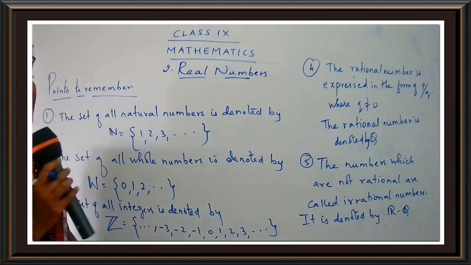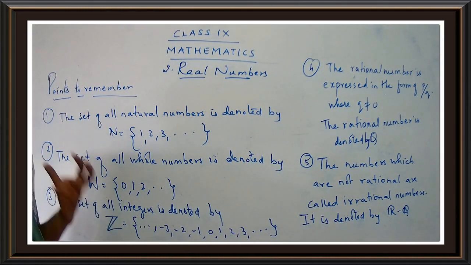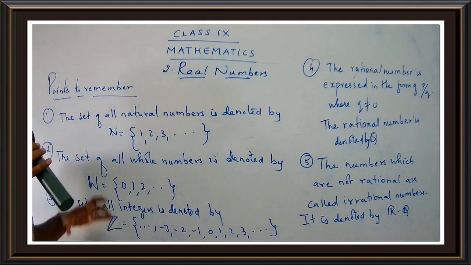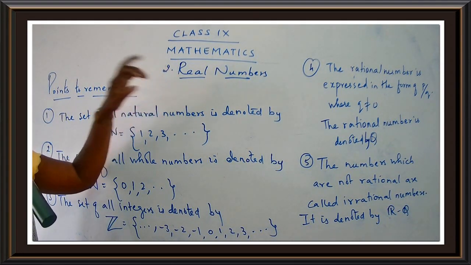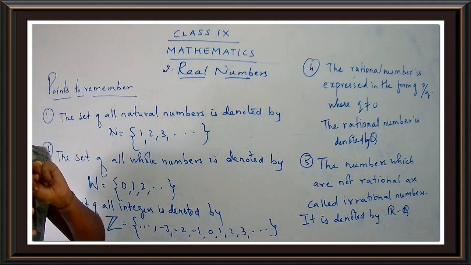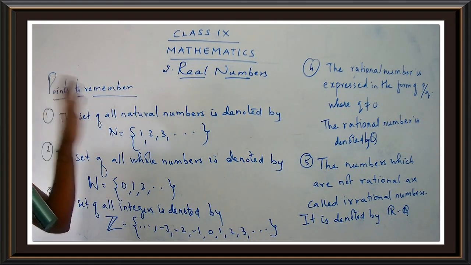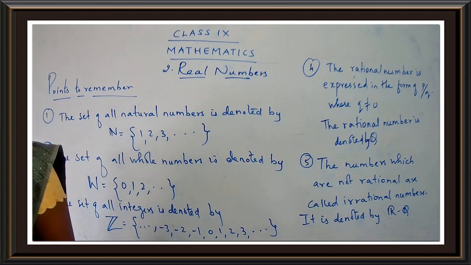Now let's see what a real number is. A real number is a combination of all the numbers. Under real numbers, you have two things. What are the two things? You have a rational number and an irrational number. Children, you can just come to page